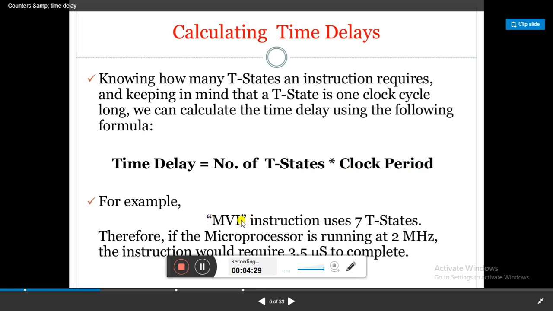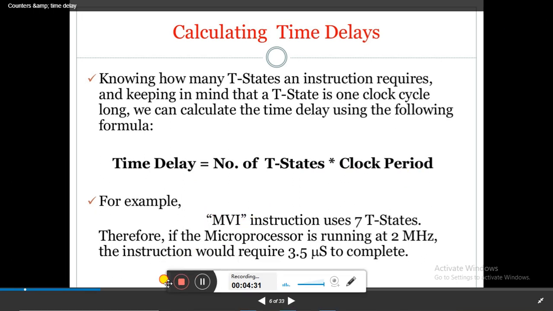For example, the MVI instruction uses 7 T-states. Therefore, if the microprocessor is running at 2 megahertz frequency, the instruction would require 3.5 microseconds. That is 7 T-states divided by 2 megahertz. If we calculate, it becomes 3.5 microseconds.